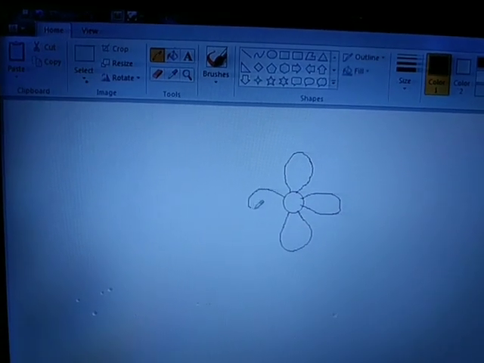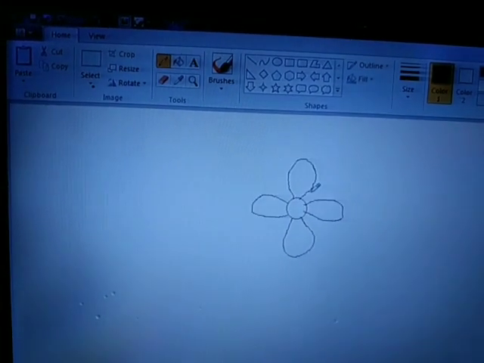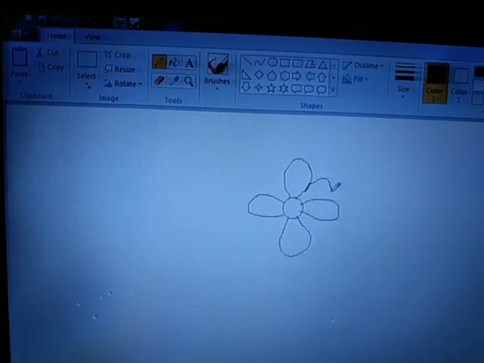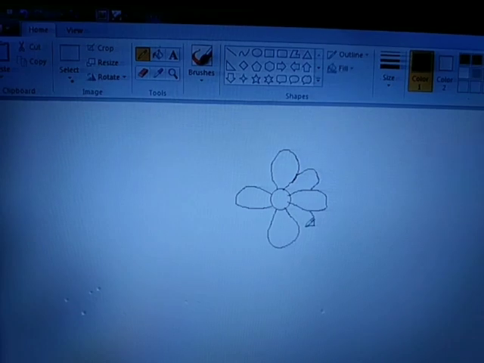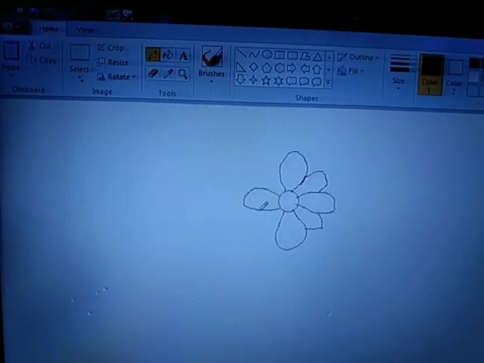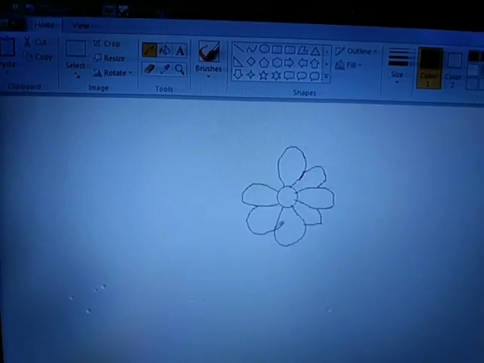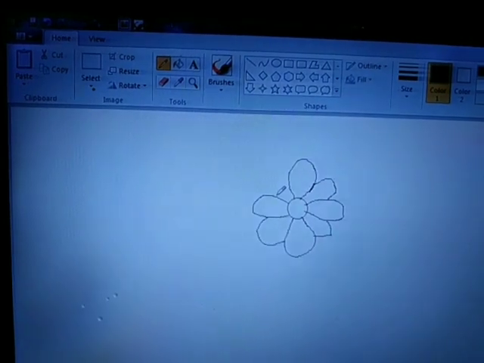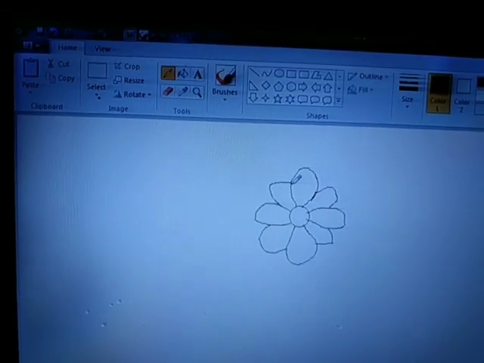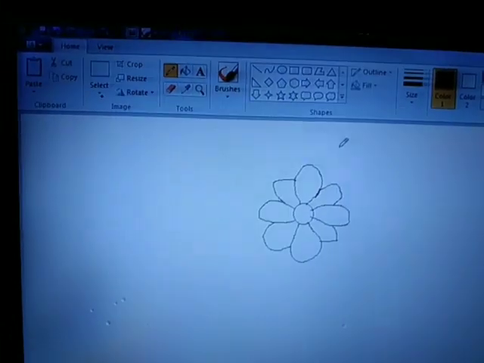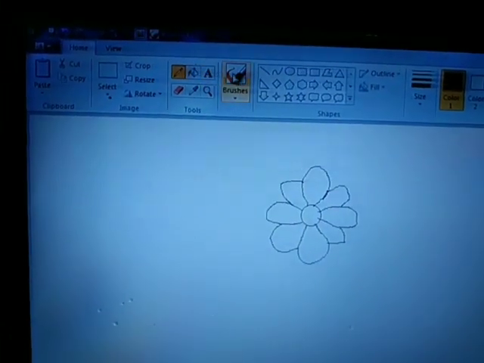Though my drawing is not very good, but still to show you my little children, I am trying. Please don't laugh at my drawing. And moreover, see, I am holding the mobile with my left hand. I am doing it by looking at the mobile screen only. So it is a very difficult work for me.